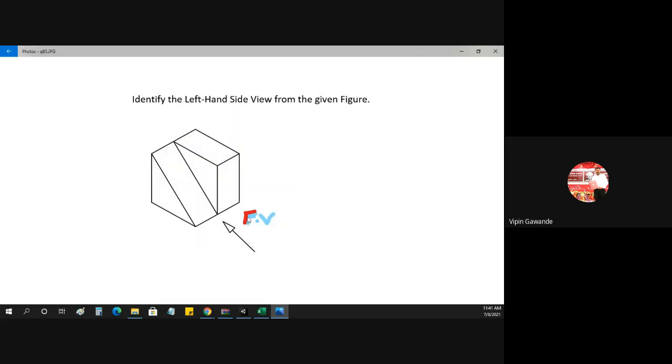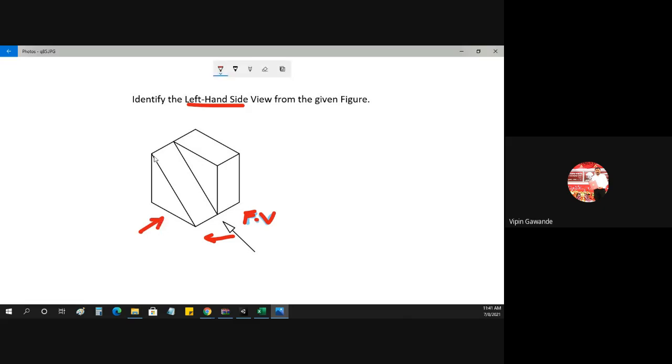So this is our front view. Always write down the views. So in this direction will be the front view. I have told you, if you go now here, the left hand side view is asked. So from the arrow you go on the left hand side. So this is your left hand side view.